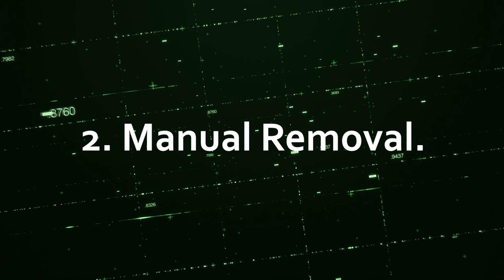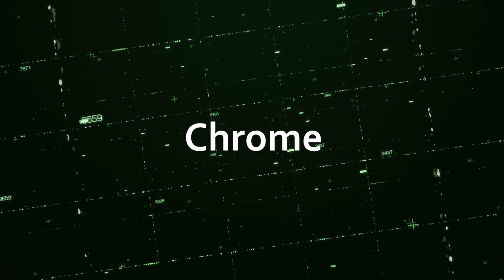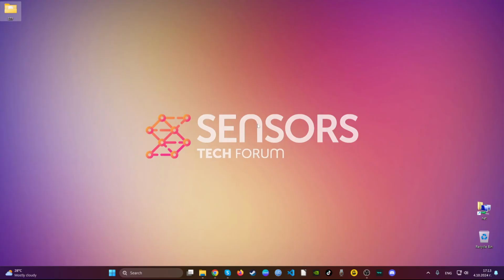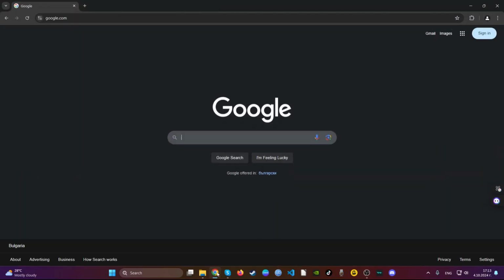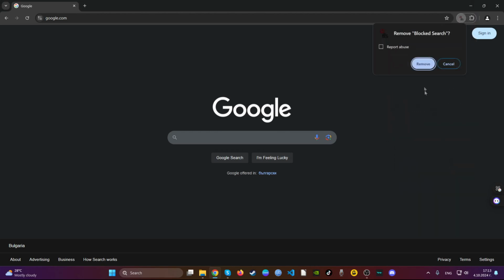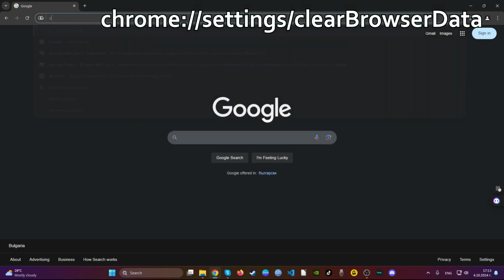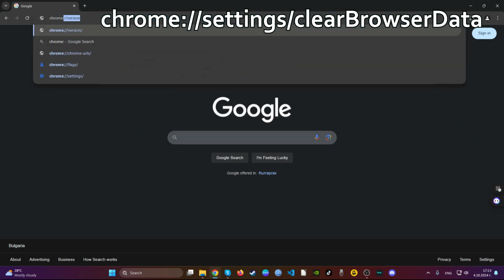For the manual removal, we will start with the web browser Google Chrome. Open Google Chrome and then navigate to the top right corner where it says extensions. Then choose the extension that you find suspicious and then remove it. Then go ahead to the address bar and then type Chrome Settings